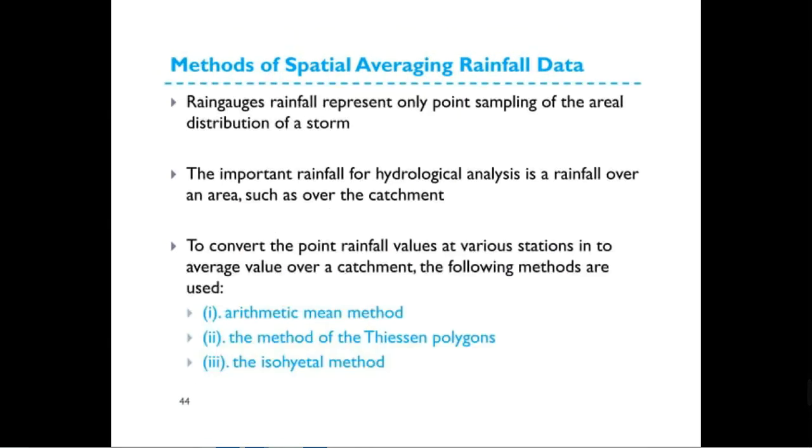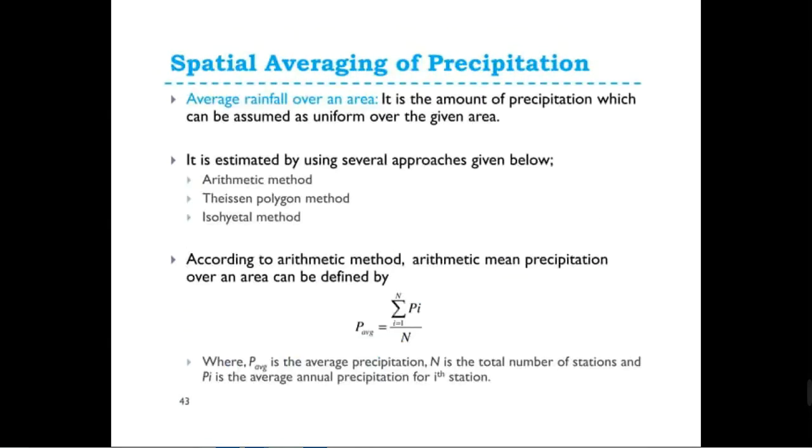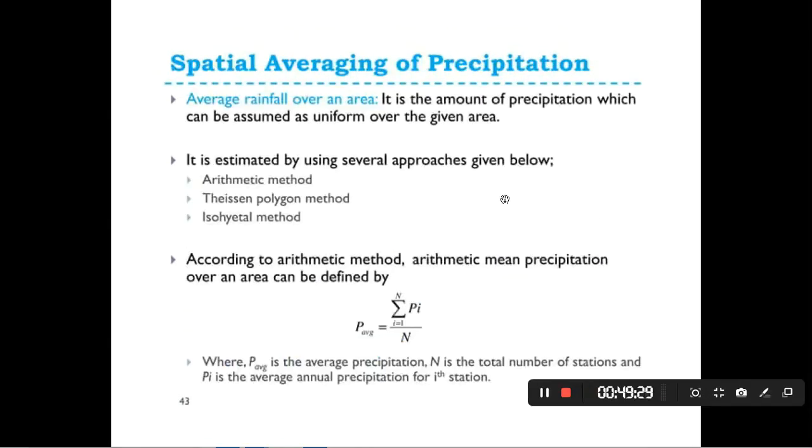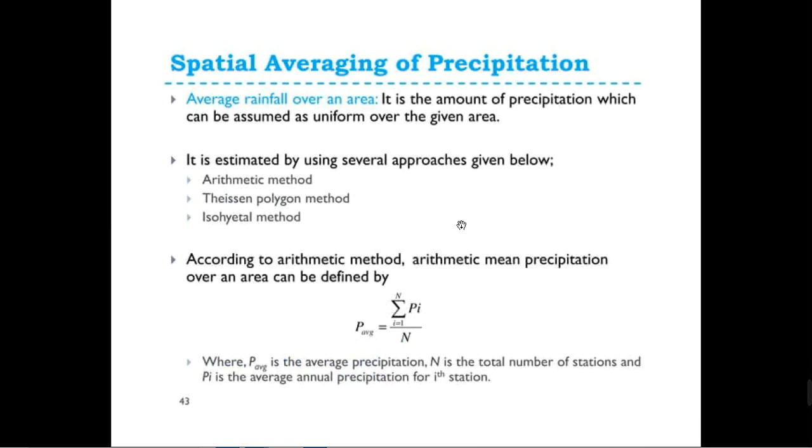Measurement of average rainfall over an area. It is the amount of precipitation which can be assumed as the uniform